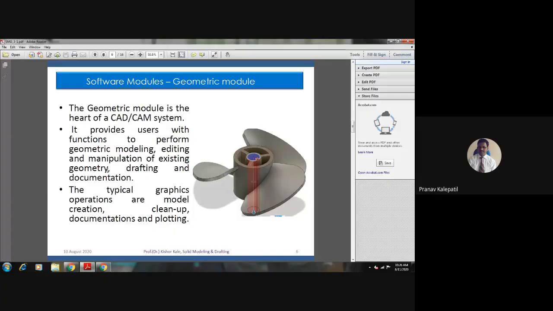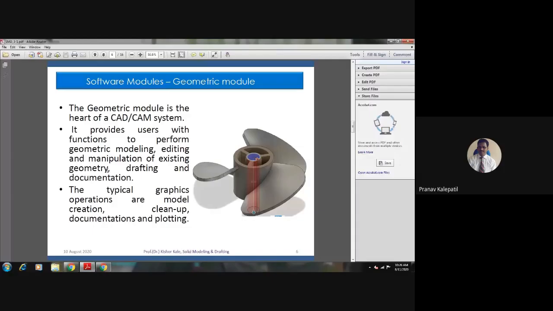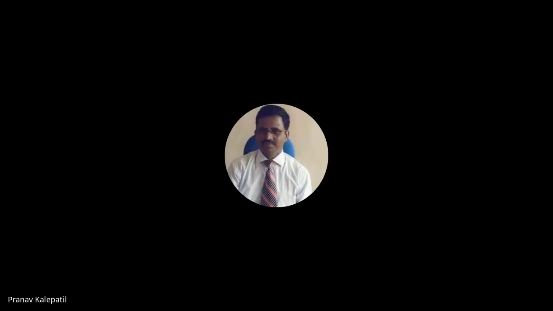Once a model is created, some industries directly use the 3D model as an input. Some still require a drawing, a 2D drawing, for the users. For a 2D drawing, we call it drafting.